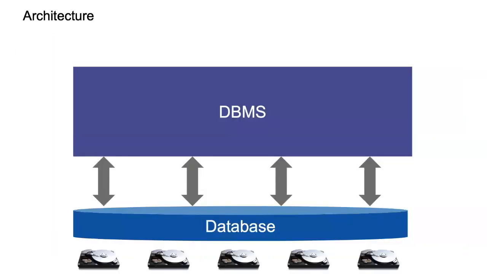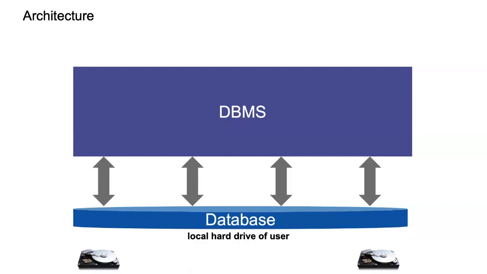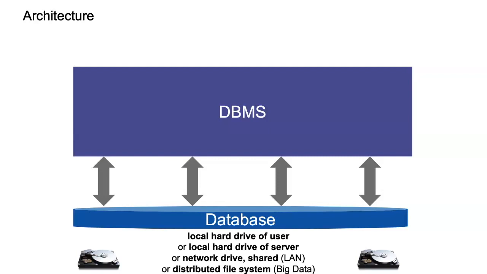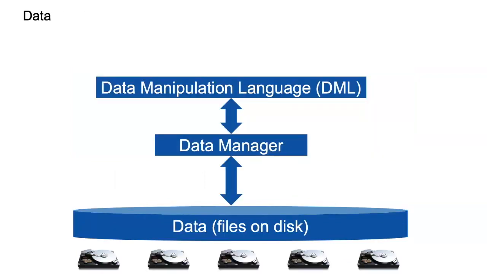Right? So in terms of architecture, again, I keep repeating the same thing from different angles. I told you, the database management system is on top. Where do we store things? It could be a local hard drive, or the local hard drive on a server. In the first case, during this course, you're going to store it on your own laptop. Then you might have this on a server, or you might have a shared drive, but only the database system accesses it. Or you could have a fully distributed file system on thousands of machines, but there we are talking about big data already, right? If I throw a few more fancy words,